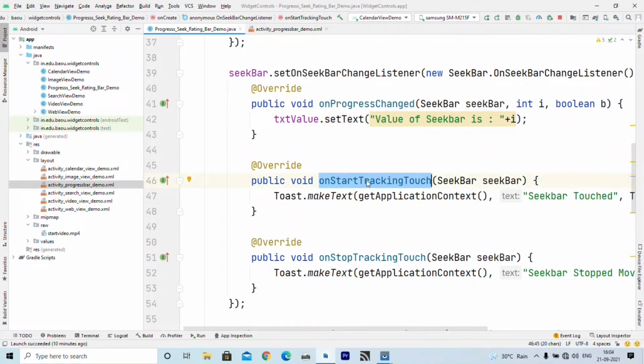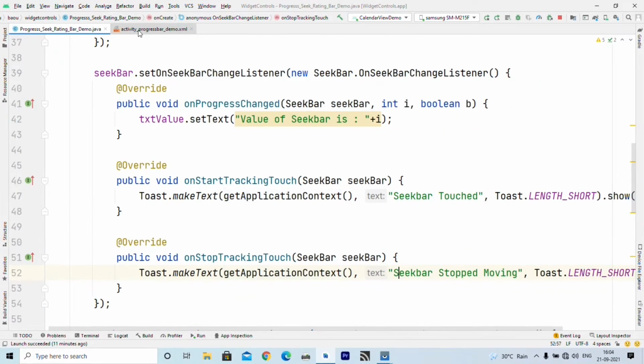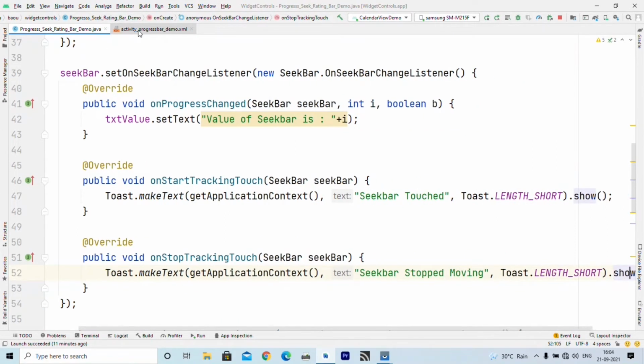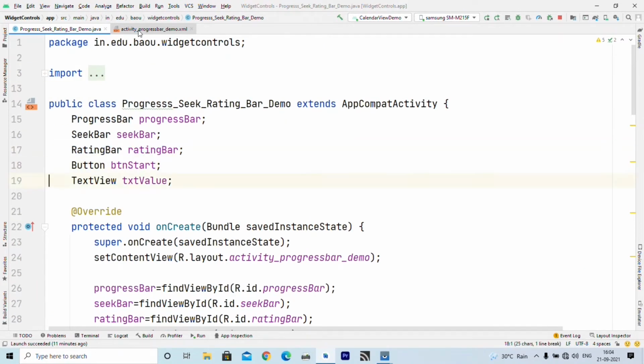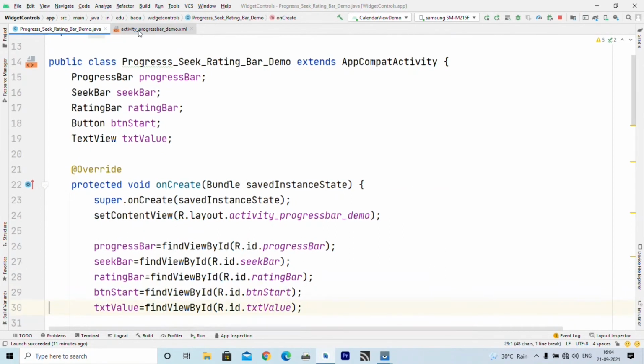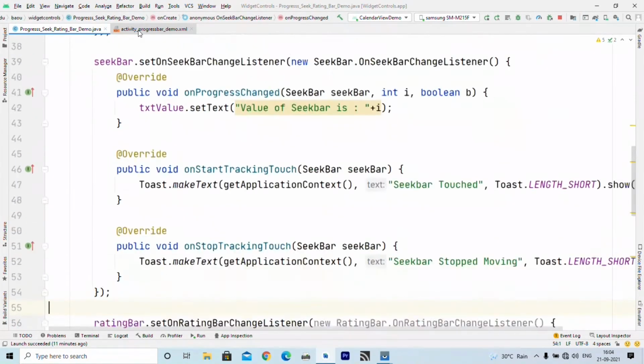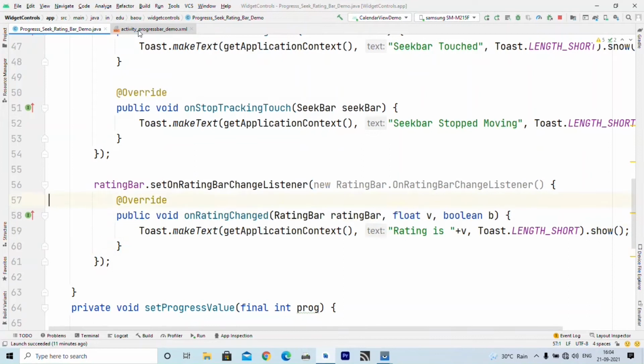In onStartTrackingTouch, I display one toast that the seek bar is touched, and when the user stops moving the seek bar, I display seek bar stop moving, right? This is the coding for handling the seek bar. The last is a rating bar, right? I have declared the rating bar here, I have initialized the rating bar here, and then I write ratingBar.setOnRatingBarChangeListener, and here